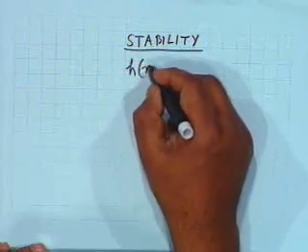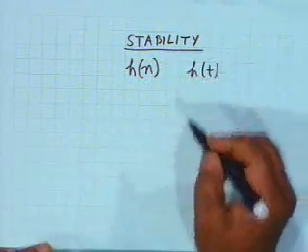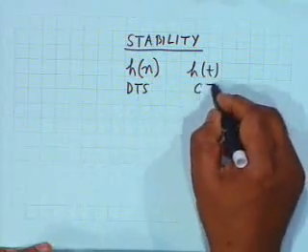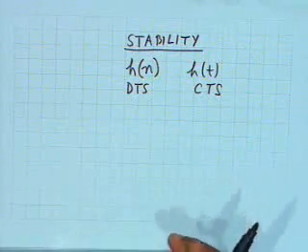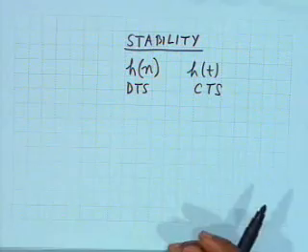Stability, we had already started the discussion in the earlier lecture, and what we wanted to show is that h of n, the unit impulse response, in DTS, discrete time systems, and h of t in CTS, continuous time systems, are sufficient characterizations of stability or